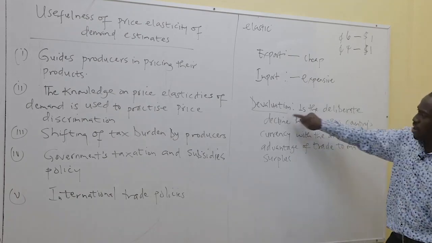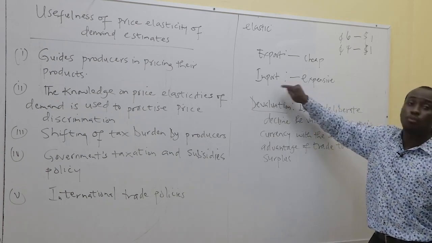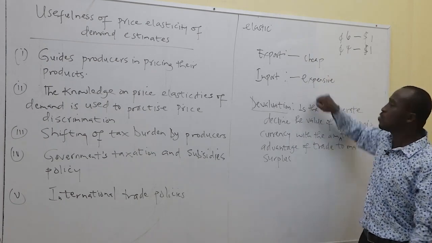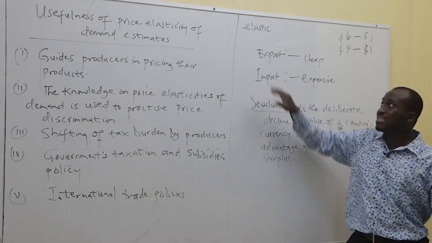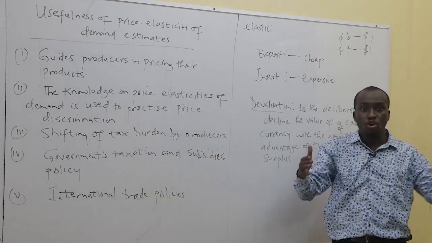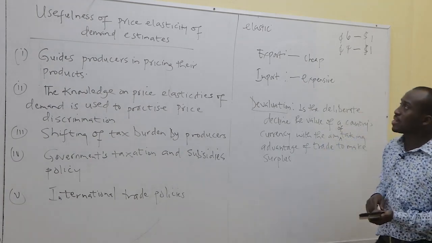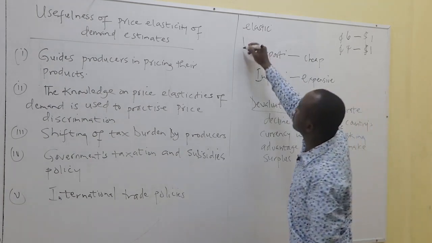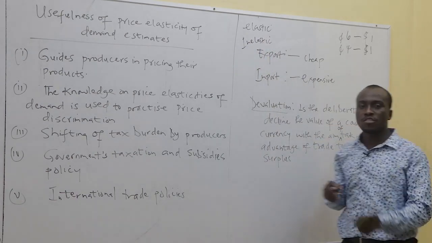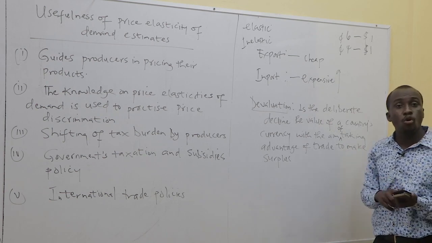So for this devaluation to work perfectly, people's demand for imported goods should be elastic, so that when it becomes expensive, they will stop buying. You know that when a commodity is elastic and the price goes up, a lot of people will stop buying, so it saves your economy from excessive imports. But if their demand is inelastic, then you are dead. Because even though it's expensive, they will keep buying more, and that will even